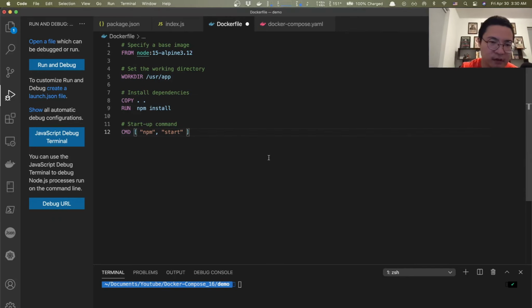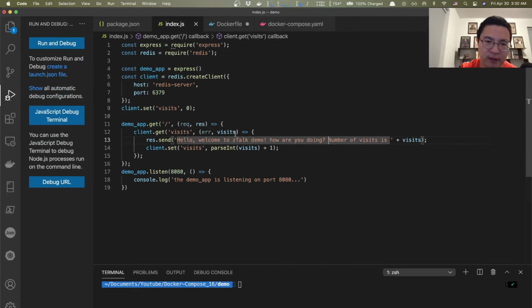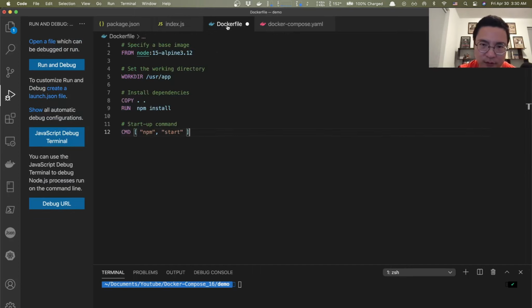All right, now consider a scenario. What if we change something inside of index.js? For example, we modify the message in the response that's sent by adding "how are you doing?" So to make this change effective, we need to rebuild the image and recreate a container out of the new image, right? So back to the Dockerfile. If we're doing it the old way, like COPY dot before npm install, basically copying every single file to the container before npm install, so